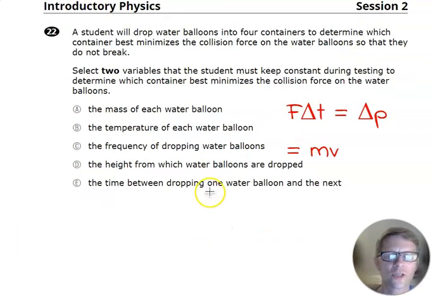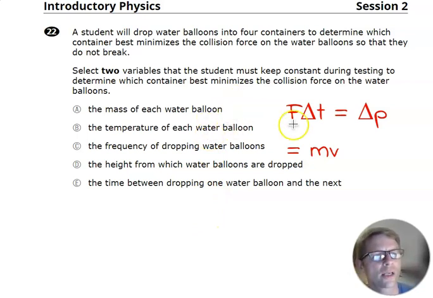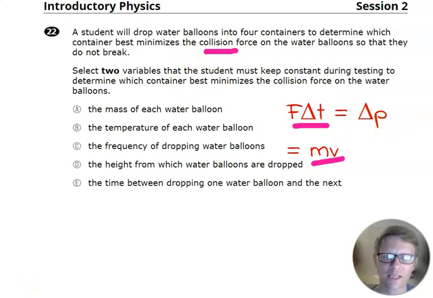Question 22, kind of tricky. This is really about momentum. They're talking about slowing an object down. Whenever they talk about collisions, you're talking about momentum, or you're talking about this thing, which is impulse. So if you look at this equation right out of the equation sheet, and remember that this is available on the exhibits,